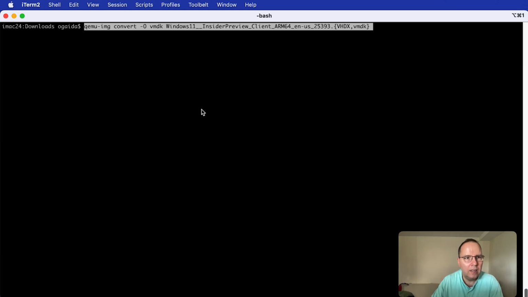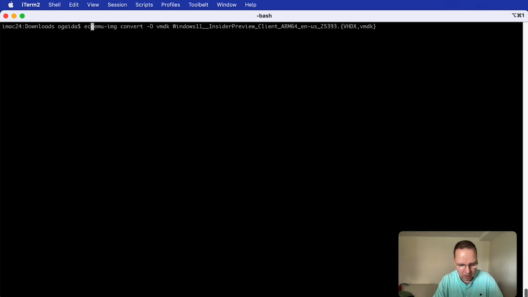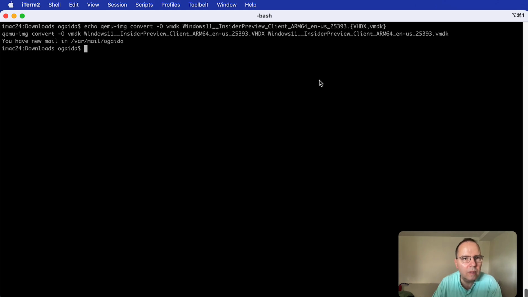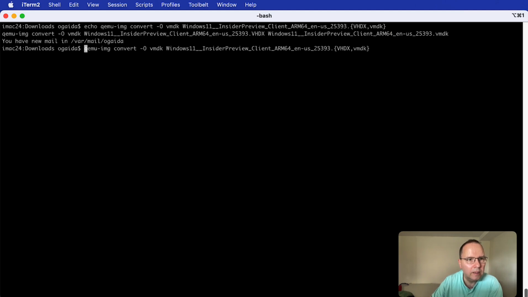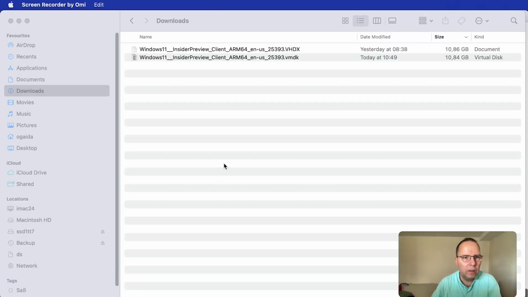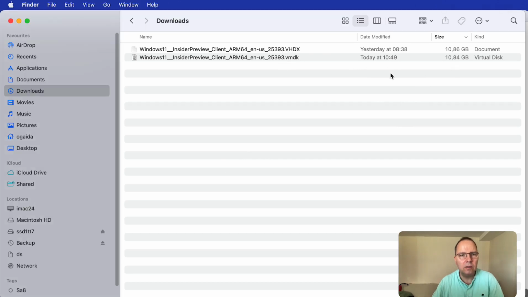Here on the command line I insert the command, and I just echo the command first because I want to show you something. The file name here is written with special shell stuff, and it will expand it to the input and the output file. The output is then VMDK format. And I call this command again, but without echo. And then it will start to convert. And I pause my video again. Okay, we can proceed. It has finished, and it took just a little bit less than a minute. And here you can see it just created.